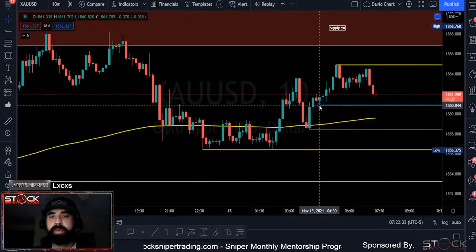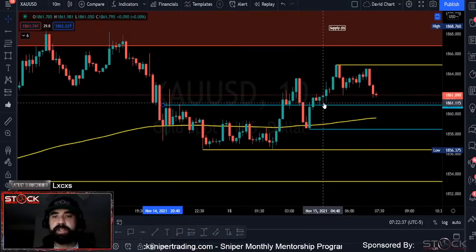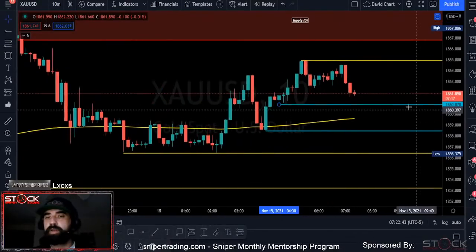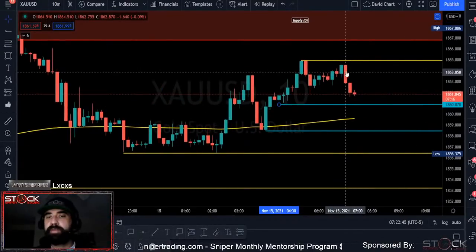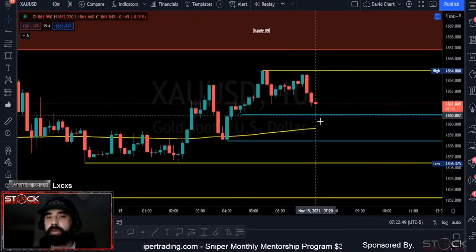Okay, so the reason why I'm grabbing this area right here, you can see right across the board that it was acting as previous resistance. All right. So gold at 7 has made a double top here, and now we're getting some selling pressure